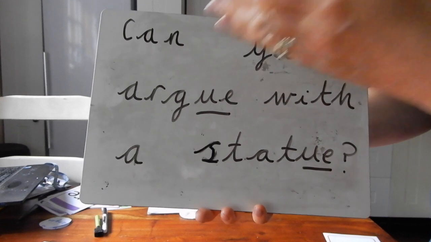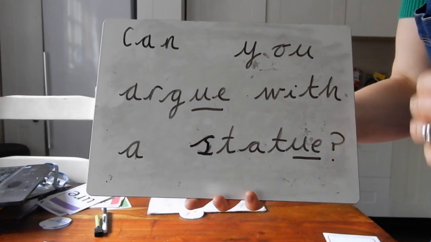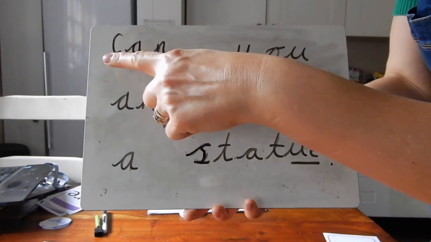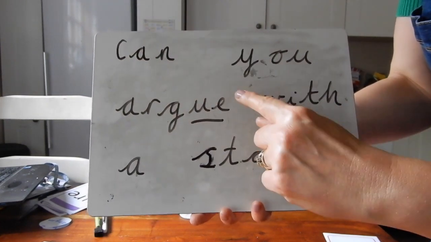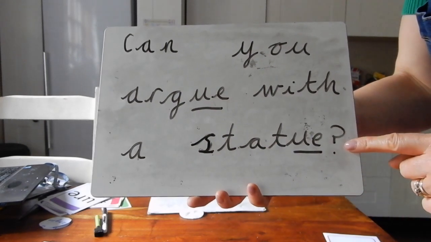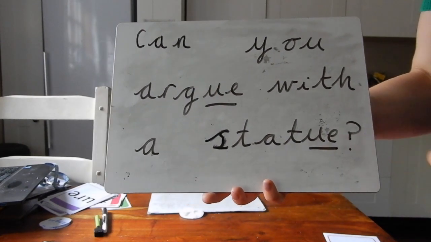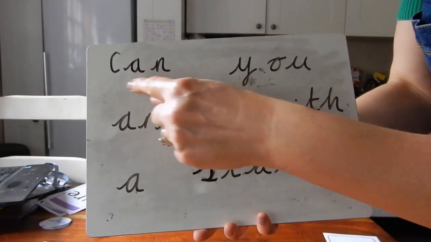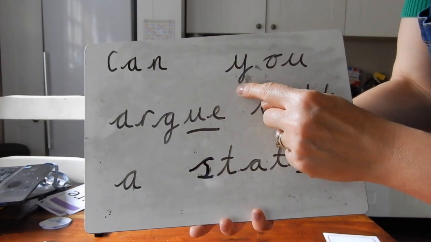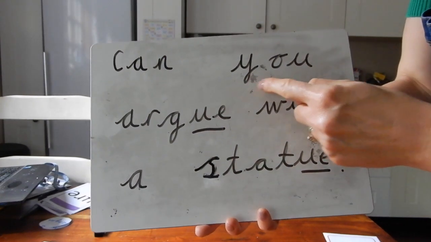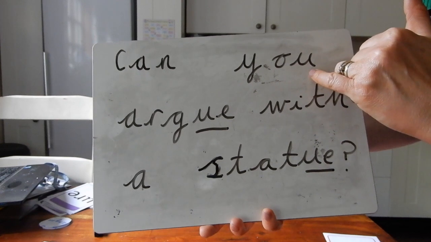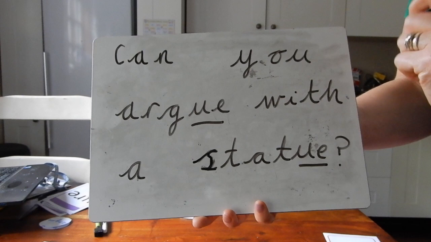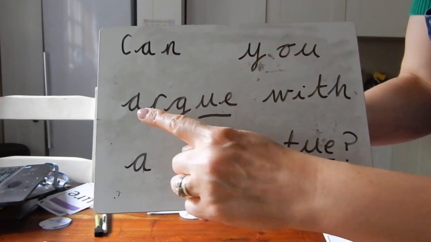Okay. So I'm going to do it as if we're blending, but if you were able to blend it quick in your head and read it quickly, then well done, pat yourself on the back. So, capital letter, finger spaces between the words, and punctuated with a question mark. So this type of sentence is a question. Can you? Oh, we know this. It's a tricky word. It's not the new u sound, but it's a you. Okay. So you, a common exception word. Can you